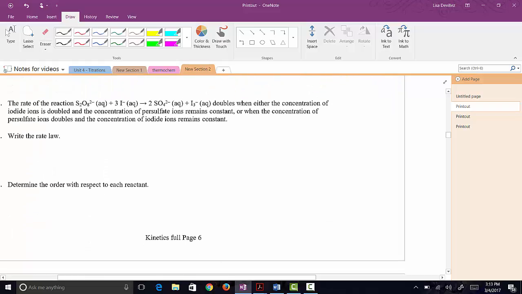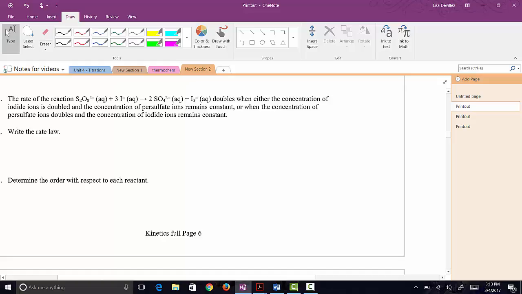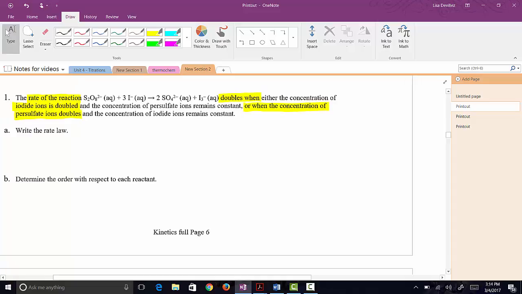Okay, so let's take a look at an example problem here. Here I have some wording that says the rate of reaction doubles when either the concentration of iodide ions is doubled, while we keep the persulfate constant, or when the concentration of persulfate ions doubles. So we're going to go down to part B first, in that we have iodide and we have persulfate. And because I double the reactant and it doubles the rate,